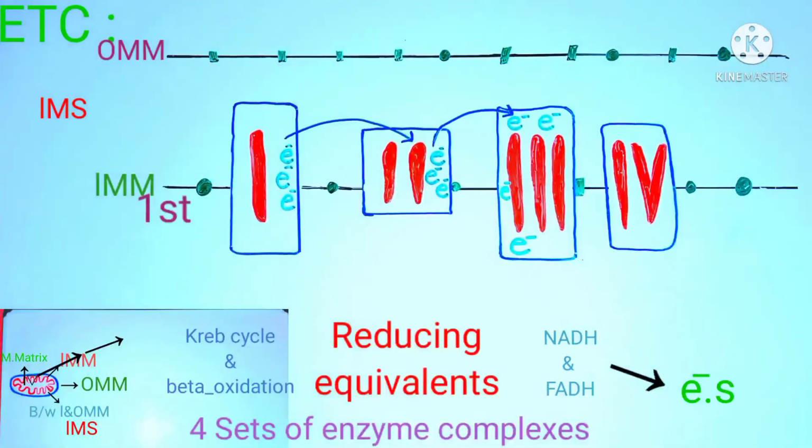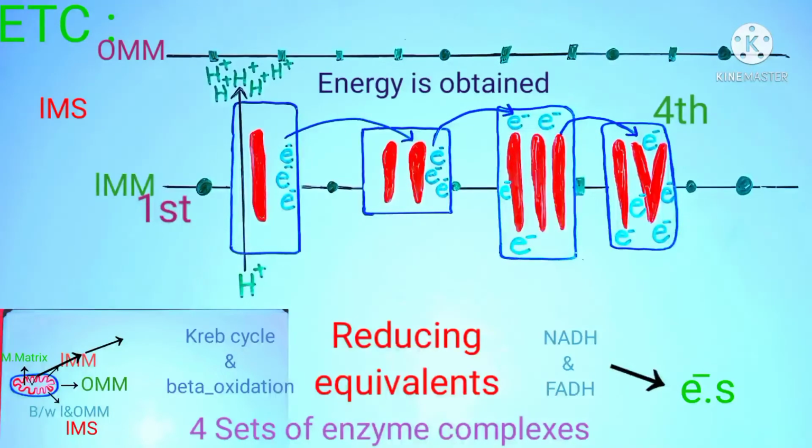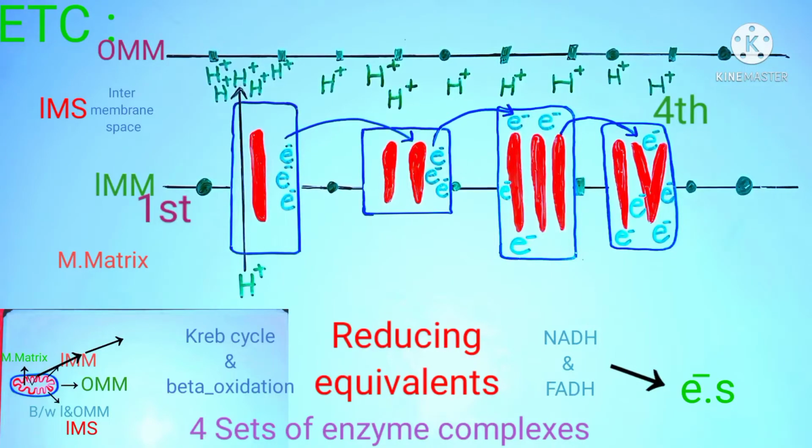Electrons then travel from the first enzyme complex to the fourth enzyme complex. During this movement of electrons, energy is generated. This energy is utilized in pumping hydrogen ions from the mitochondrial matrix into the intermembrane space. This continuous pumping causes a higher concentration of hydrogen ions in the intermembrane space as compared to the matrix of the mitochondria. This produces a positive charge in the intermembrane space and a negative charge in the mitochondrial matrix, which is known as the electrochemical gradient. The hydrogen ions cannot cross this gradient because the inner mitochondrial membrane is non-permeable to